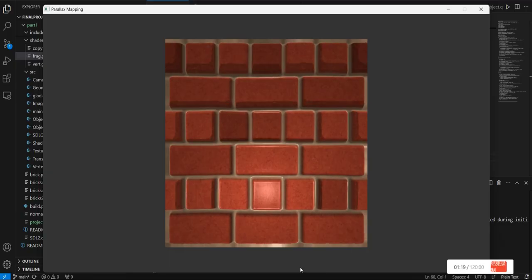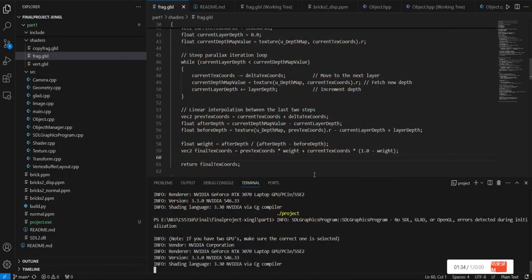And if we press 4, we can see we have a little bit of shadow here now, which makes it a little bit more realistic. And 3, 4, 3, 4. So this is a demonstration of this project, and now I can